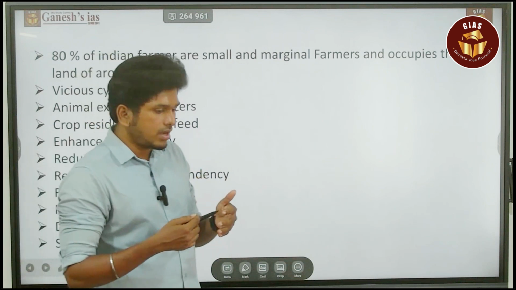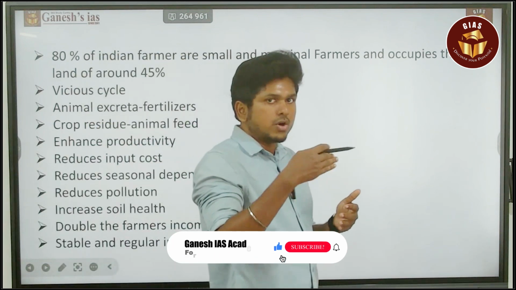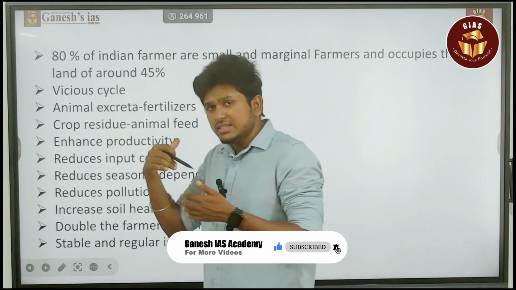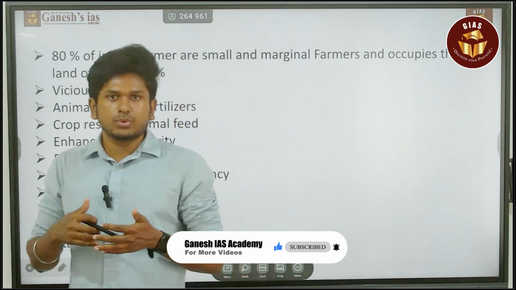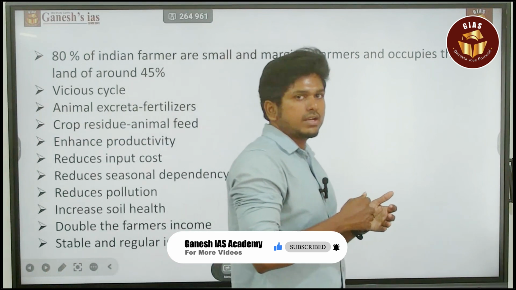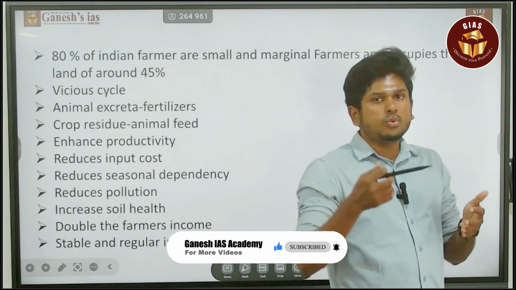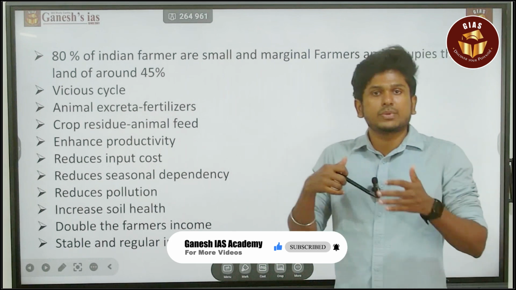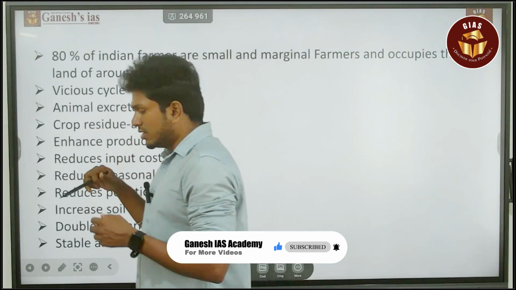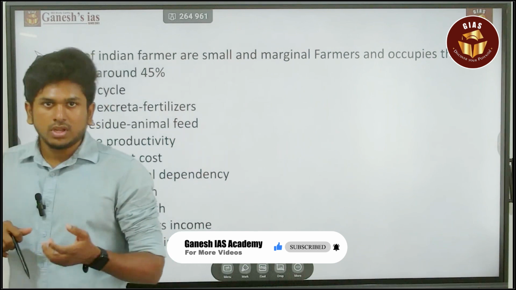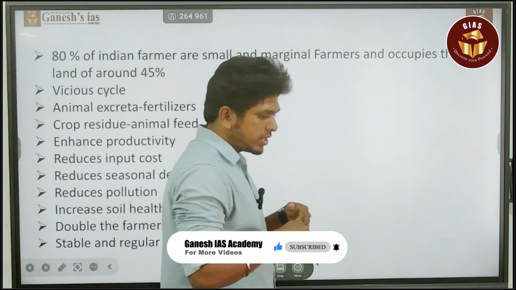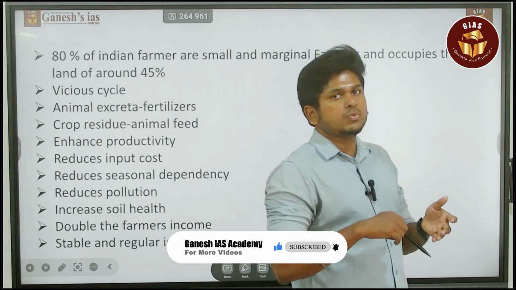Which means they are moving downward in their economic structure due to these issues, due to the high input cost and also the climatic vulnerability. They are moving down in their economic strata. So these are the things called a vicious cycle. In that scenario, this integrated farming system is going to reduce the input cost and also increase the income generated